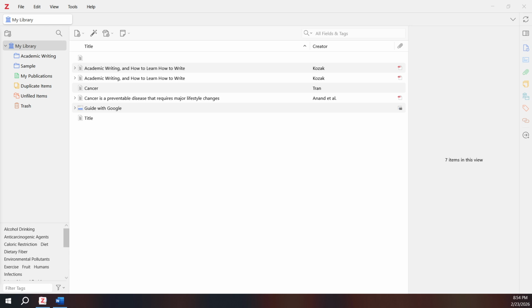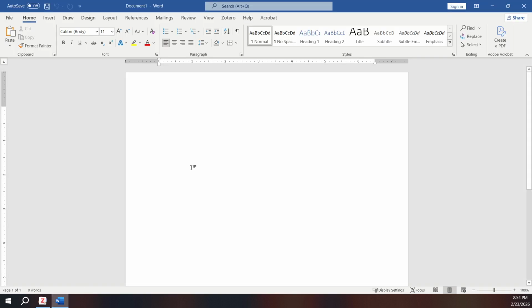common formatting hiccups. First, open Microsoft Word and load the document you're working on. Place your cursor exactly where you want the in-text citation to appear. Getting the cursor placement right is important because Zotero will insert the citation at that location automatically. If you're updating an existing document, make sure you're in the correct paragraph or sentence to keep your references clear